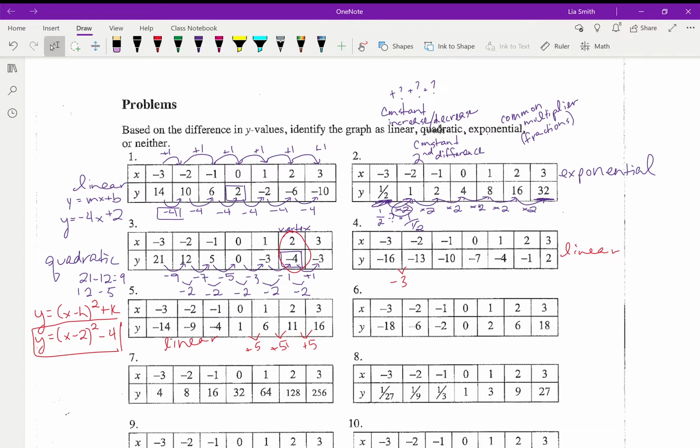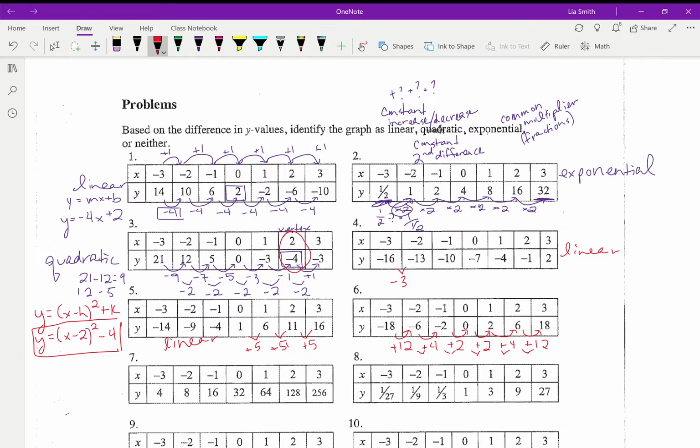So this one's interesting because you have, I think, wait, hold on, now I'm second guessing myself. Yeah, it's a cubic function because this is negative 18 to 6, which would give you minus 12. Oh no, I'm sorry, plus 12. And then we have plus 4, plus 2, plus 2, plus 4, plus 12. And even the second row,